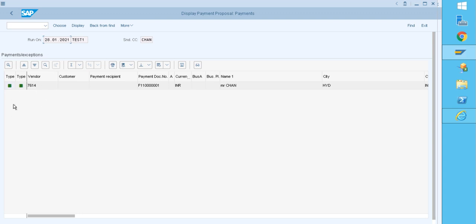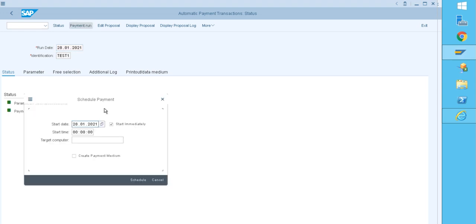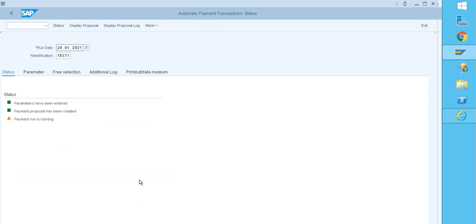It is in green color, which means we can pay this invoice. Go back, go to payment run, select this option, schedule, enter. It's paid. One document generated, one completed.